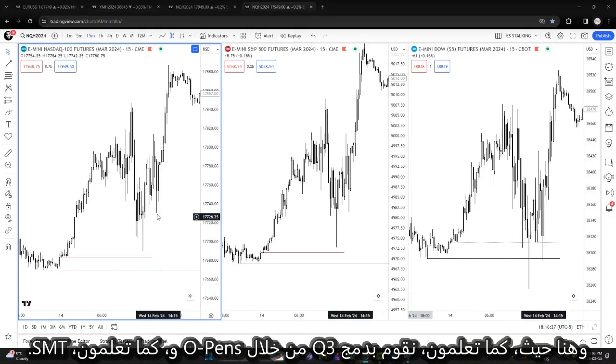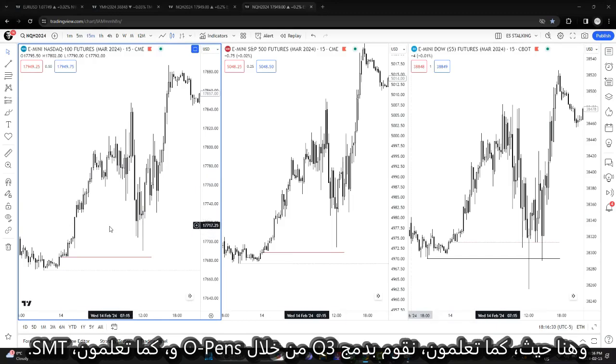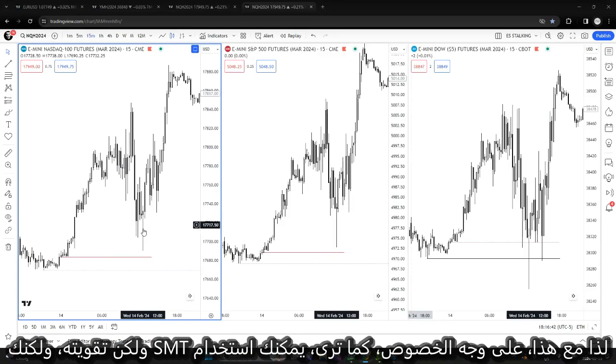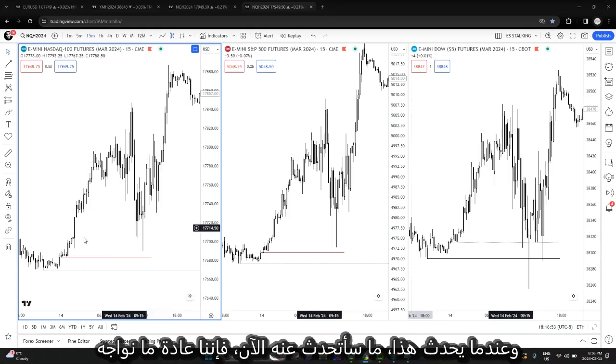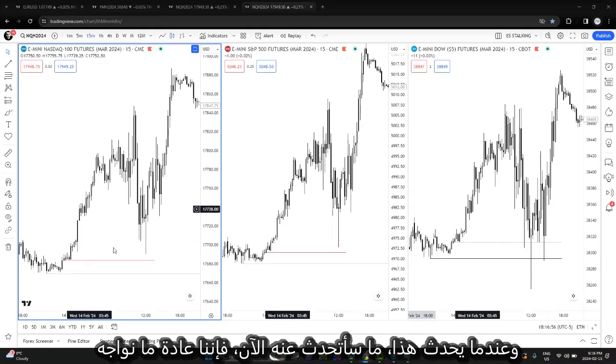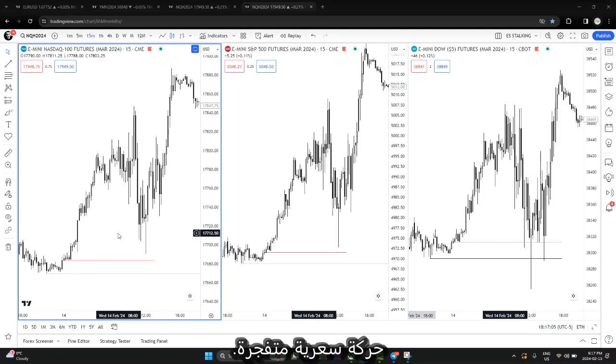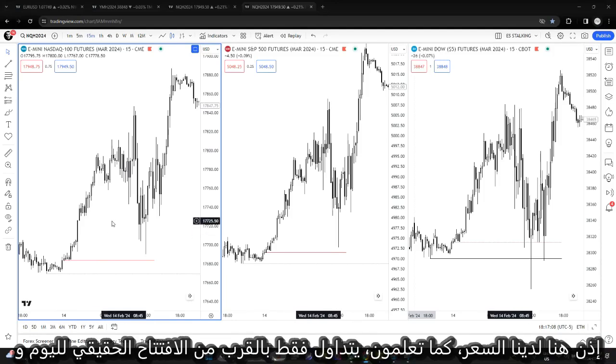And here is where we incorporate Q3 true opens and SMT. So with this one in particular, sequential SMT would strengthen it, but you don't need sequential SMT for this to work. And whenever what I'm going to talk about right now happens, then we usually have explosive price action. So right here we have price